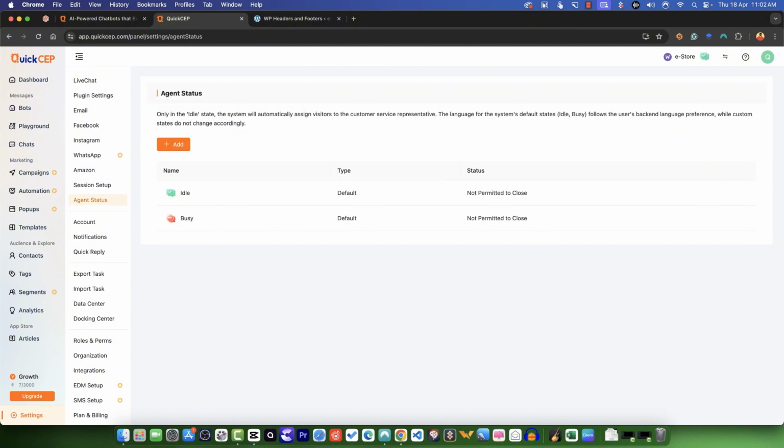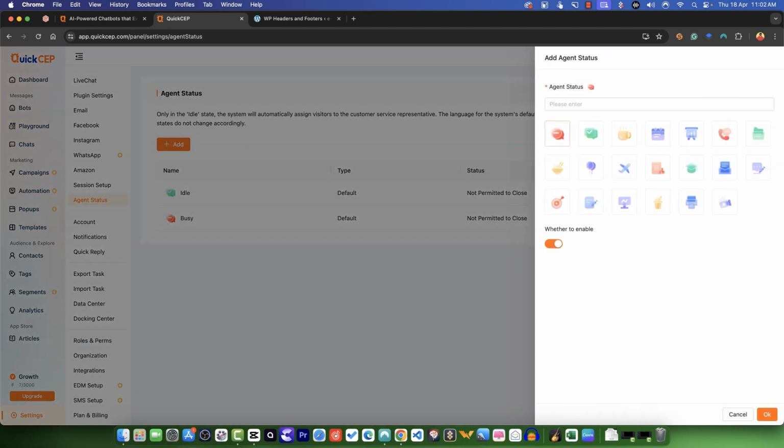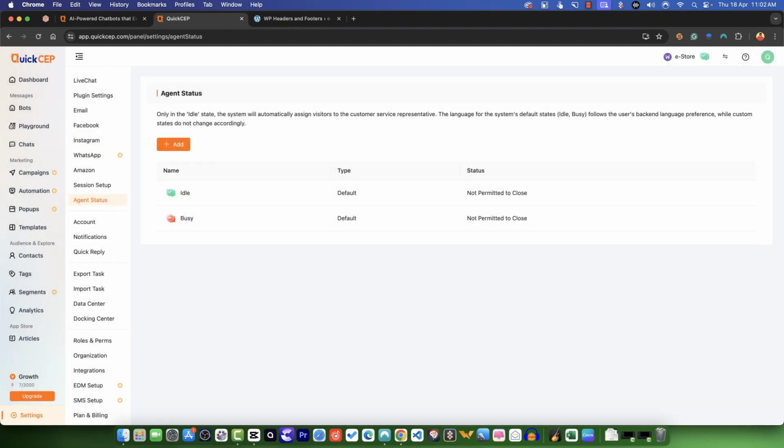And then you have some agent statuses. You can add more statuses. You have the option to use any string and icons for this purpose, and you can set whether to enable or disable the specific agent status. You can assign those statuses to your representatives, and this will allow your customers to understand or to see who is online, who is idle, who is busy, and everything can be shown to the customers, and they will not be irritated if your representative is not answering, because they